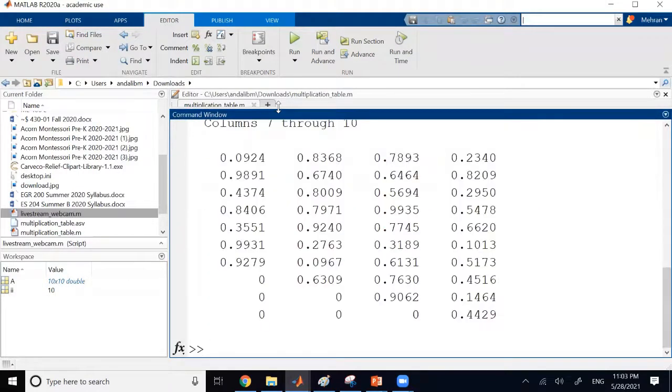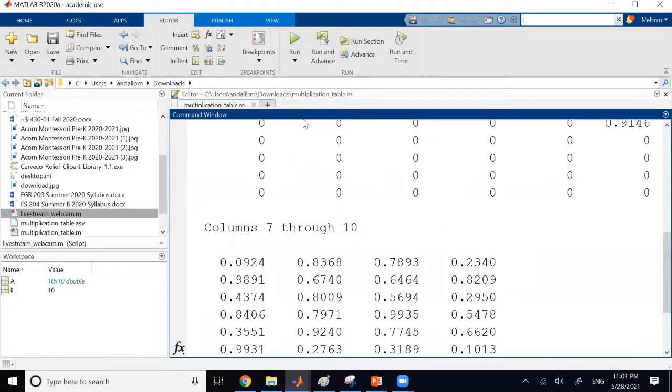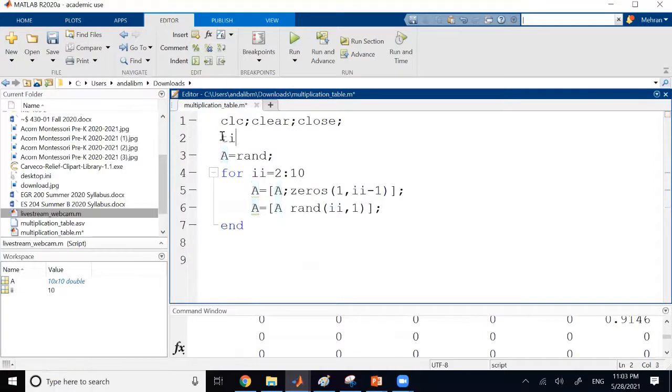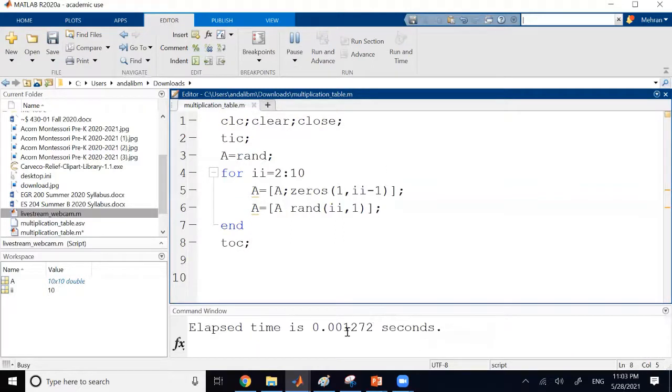A, you clearly can see that, and there are some zeros at the end. Now, if you look at the execution time of this, using tick and tock that I showed you in one of the previous lectures, look how much time it takes. It takes about, and I run it a few times,